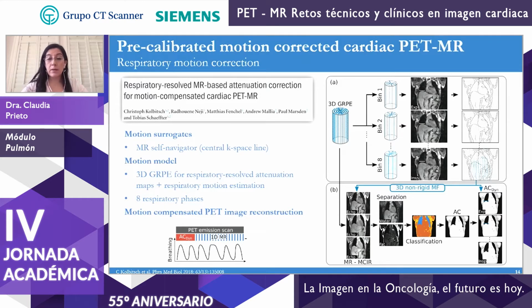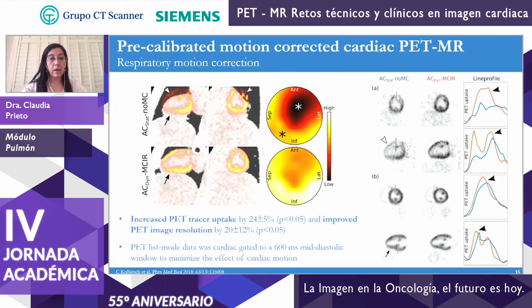That means that now all subsequent MR scans, if they are performed with a 1D surrogate signal, can be corrected with the same motion-resolved attenuation maps. This approach showed increased PET tracer uptake of about 25% and improved PET image resolution of about 20%, and showed clear improvements in line profile and sharpness